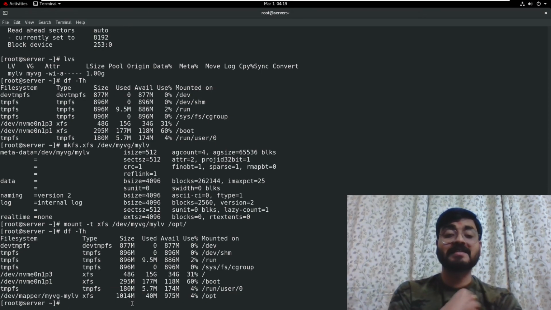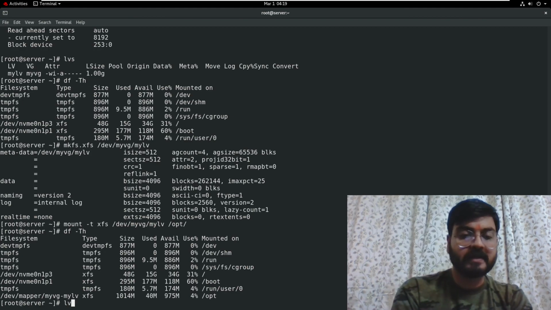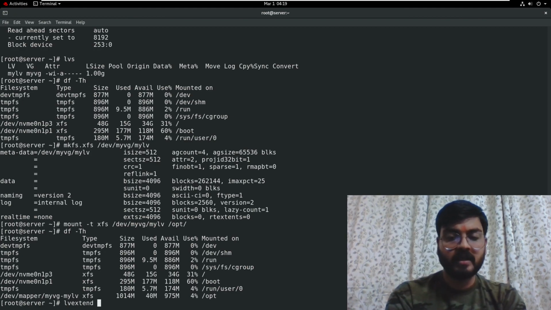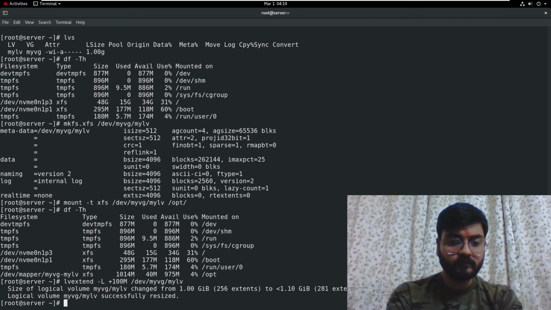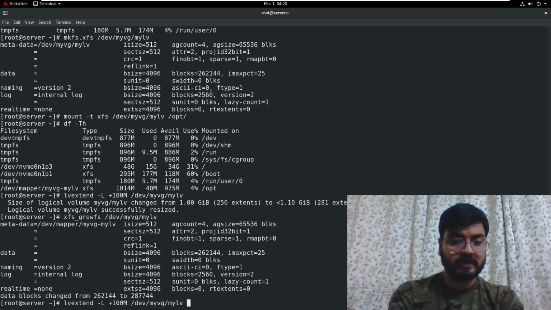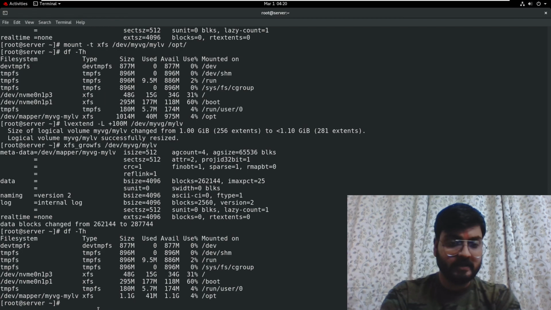Now I want to extend this one. How to extend? lvextend is the command, with -L and then +100 MB, which I am going to extend here. Then specify which one to extend: /dev/myvg/mylv, this one I want to extend. Now I need to run the command xfs_growfs to reflect the changes we just made. Now I can run df -th and I can see 1.1G. Earlier it was